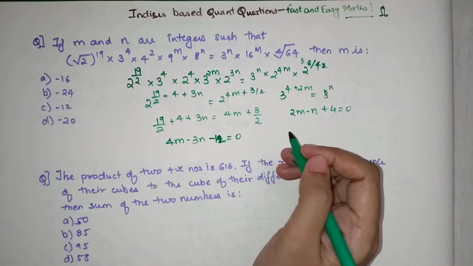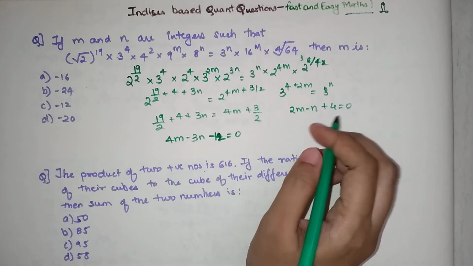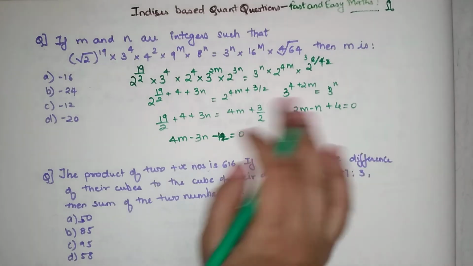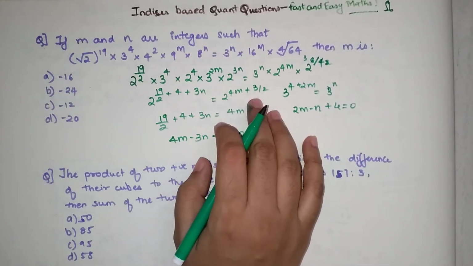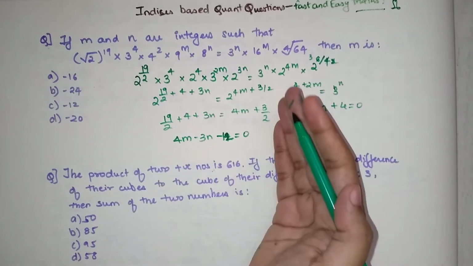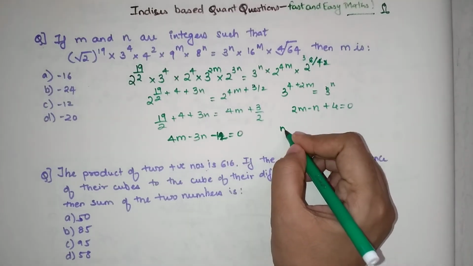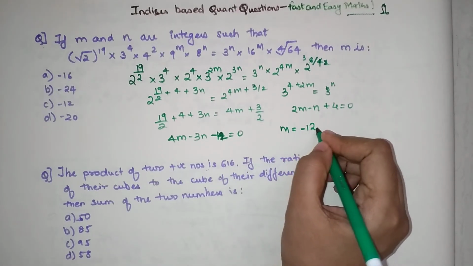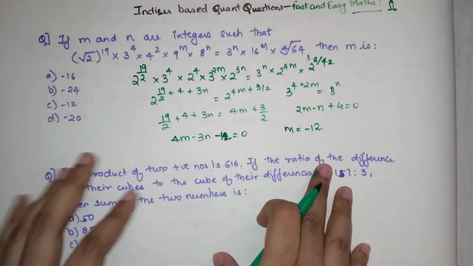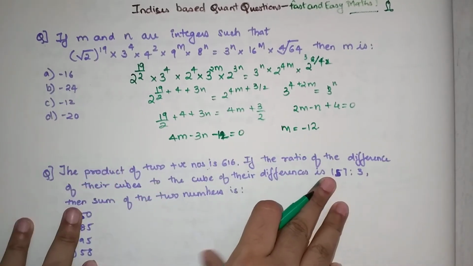But I'm going to use a trick with which you will be able to solve all simultaneous equations in a matter of seconds. Okay, all you need is that all the equations should be written in the form of ax plus by plus c, meaning everything should be on one side of the equation and everything should be equal to 0. So using that logic, I'm going to directly tell you your m is equal to minus 12. It's actually very surprising, and trust me, it is not because I've already written the answer or something like that. I am actually solving everything in front of you.